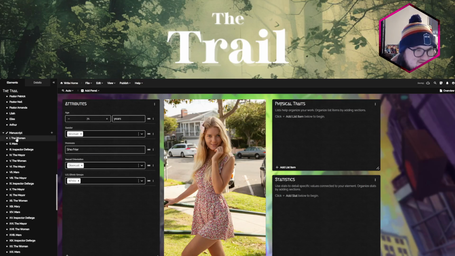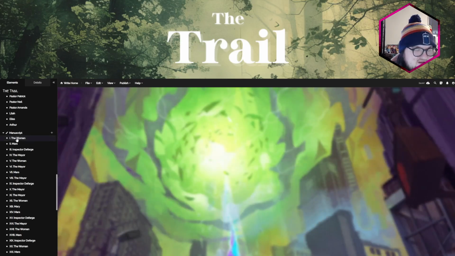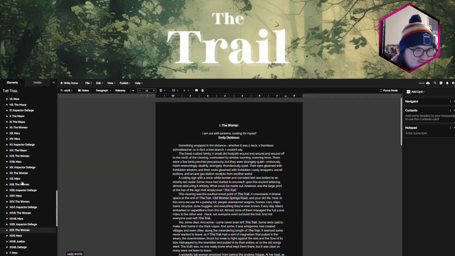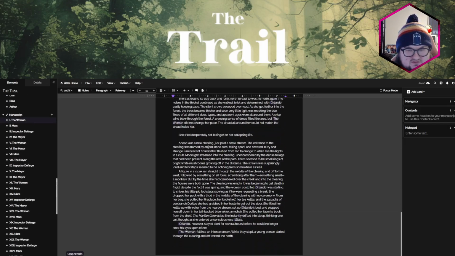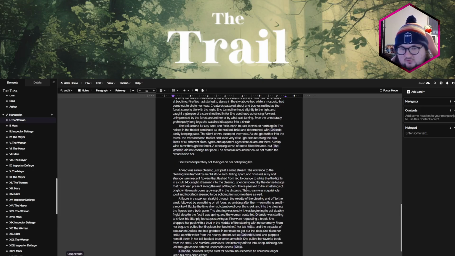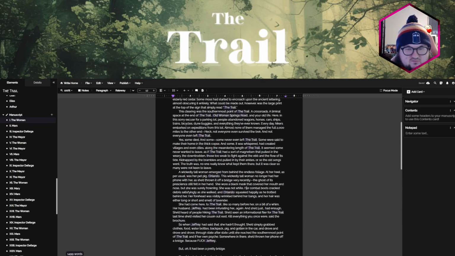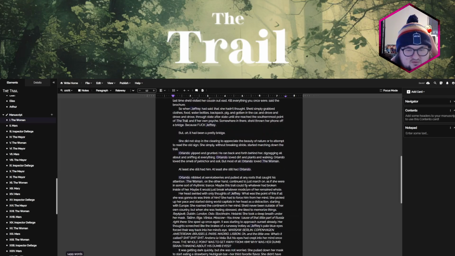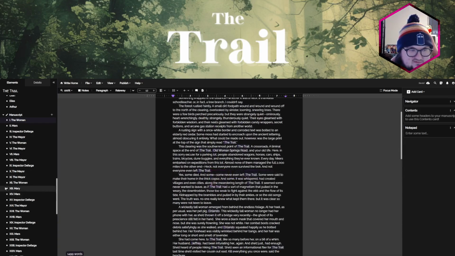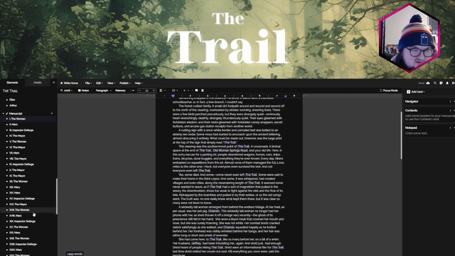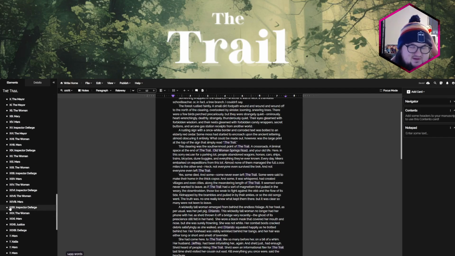So, moving on to the manuscript, we have each of the chapters broken down under manuscripts, so you can work in one chapter at a time, which is really nice, so you're not overwhelming yourself with worrying about connecting chapters and the order they go in, because you can always move them, although I have all mine numbered, which makes it annoying when I decide I'm going to move things.